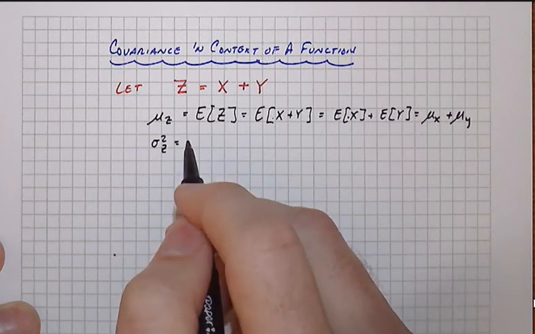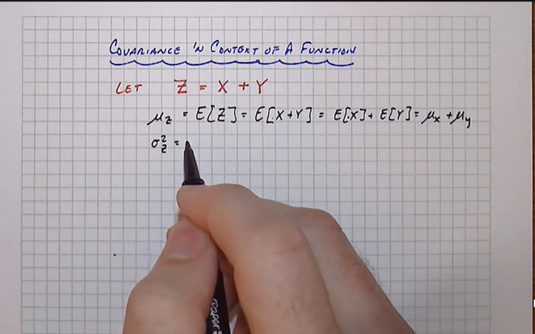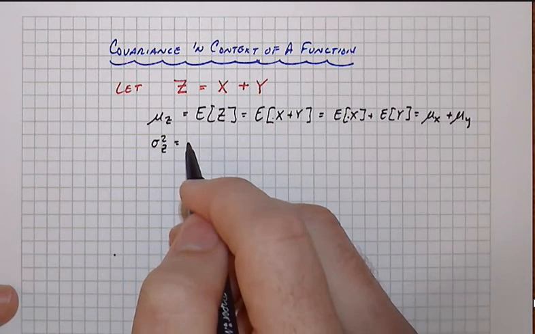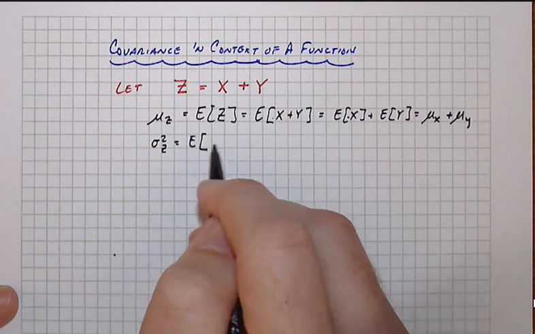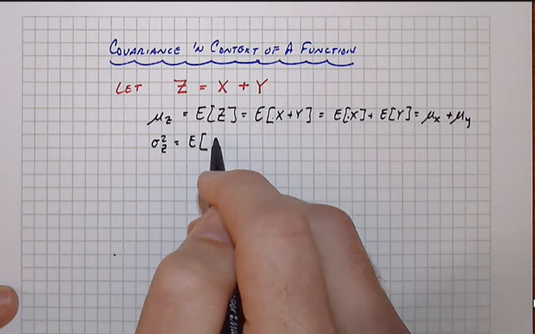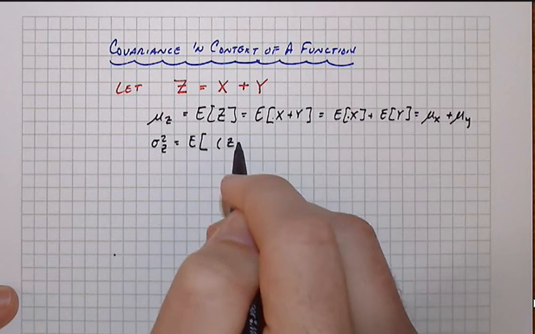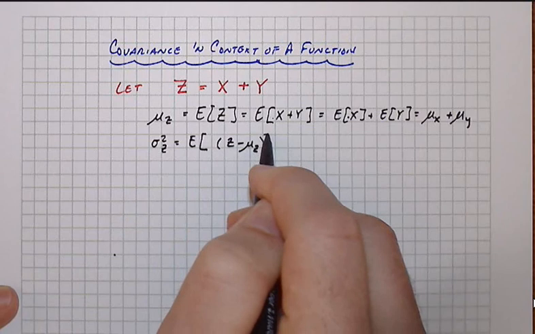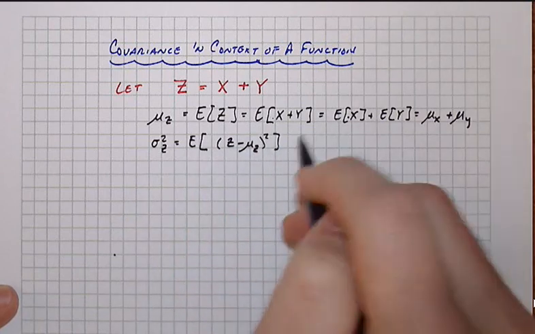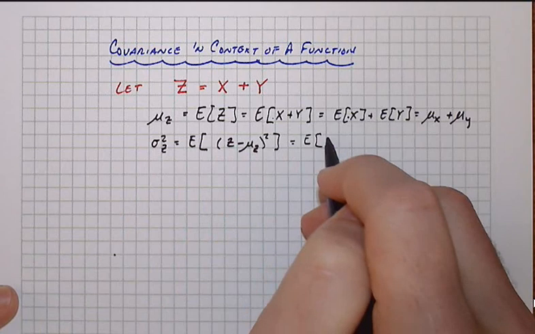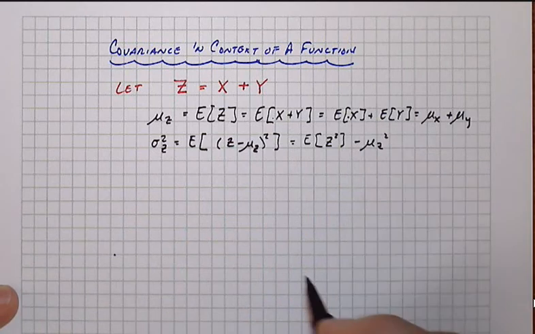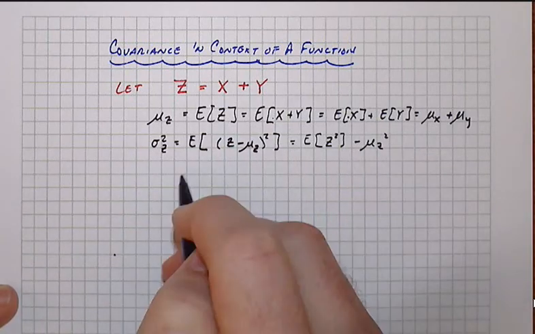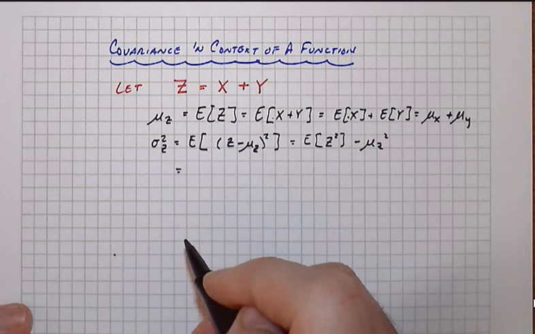And it also explains a little bit about why I was talking about the notion of what does rho, the correlation coefficient, do for us. Right? So let's go directly here and substitute in. If we want the variance of Z, that is the expected value of Z away from its mean squared. And we know that that's also the expected value of Z squared minus the square of the mean. And now this gets into straightforward manipulation here, and it gets a little bit lengthy, but